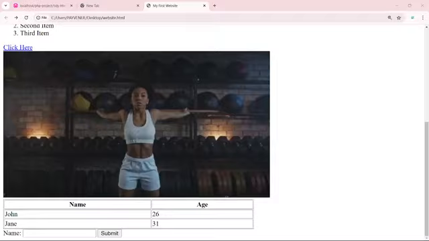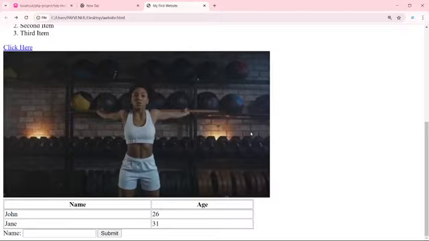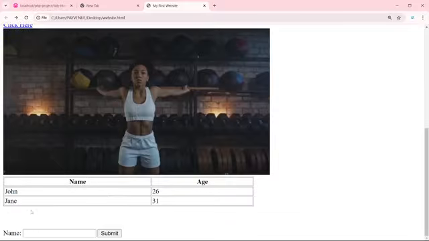I'll put like 3 so that it will separate it. This is where I added 3 break tags here so that you will be able to see what I added here. The essence of me adding that 3 tag is, you see, this place is jam packed right now, so I will just use the break tag to separate it. So it has pushed it down 3 times. So I now have